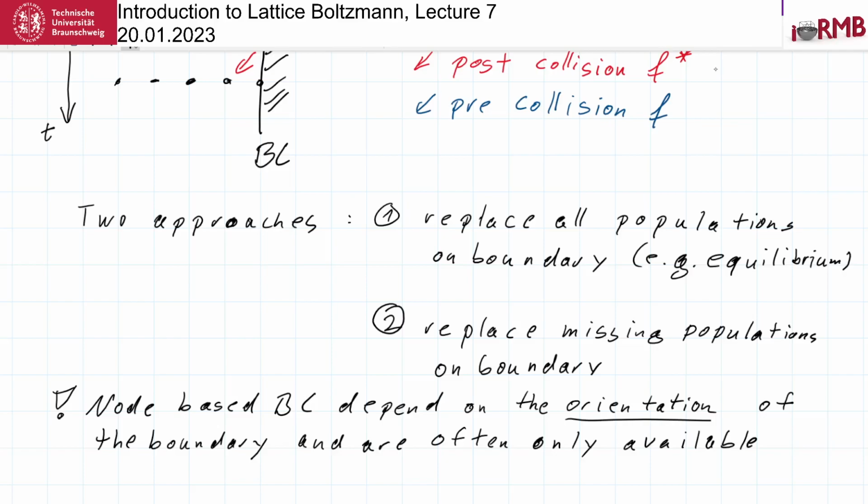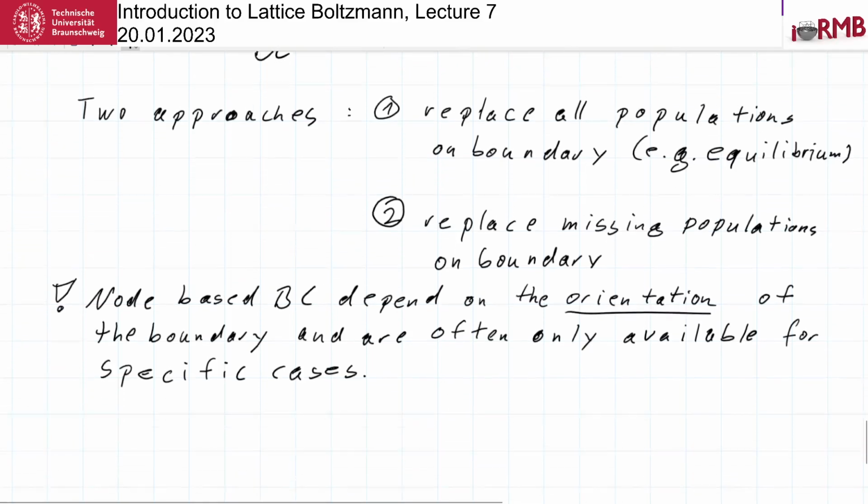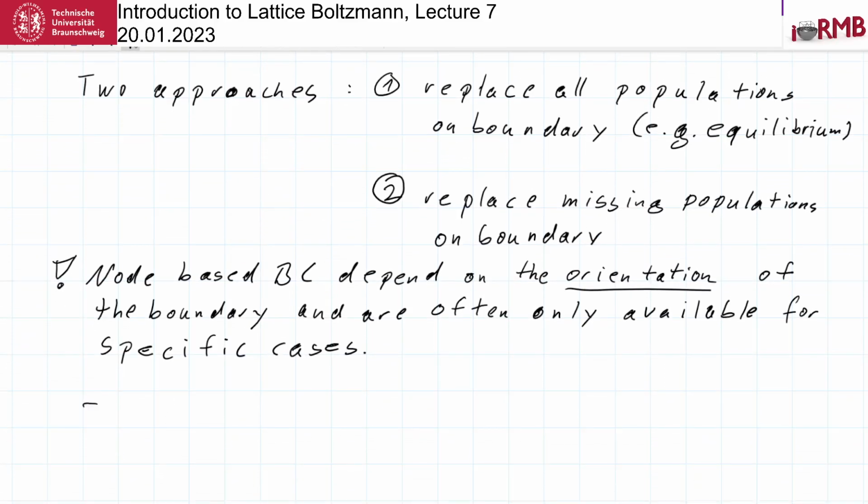So then it becomes more and more complicated to actually specify this kind of boundary conditions, and this is why they're not actually used in practice that much. Of course, there are also people researching these kinds of things a lot, and they may disagree with me, but we are also dealing a lot with the practice, so I can tell you these things are not very common. But the one that you will find in your books, in the textbooks, especially if you read the Krüger book, is of course the